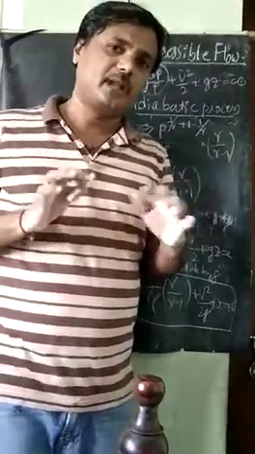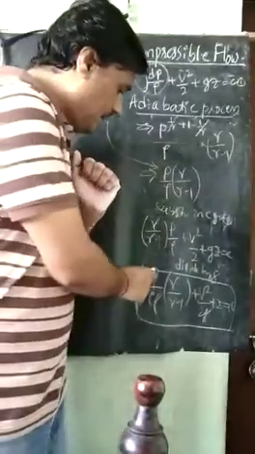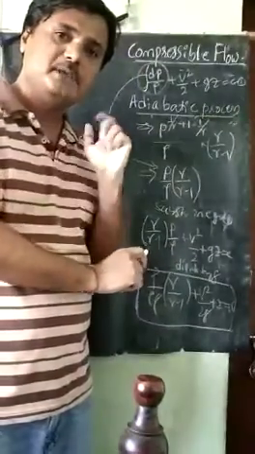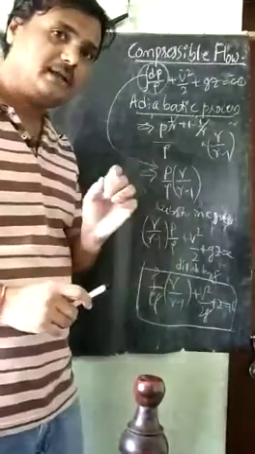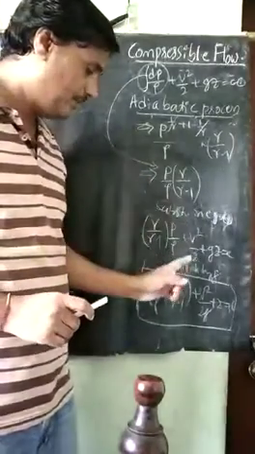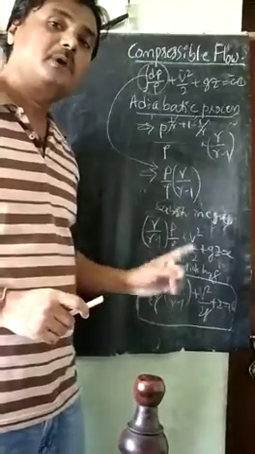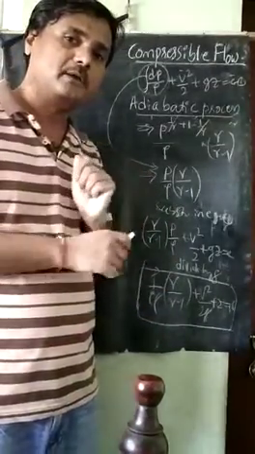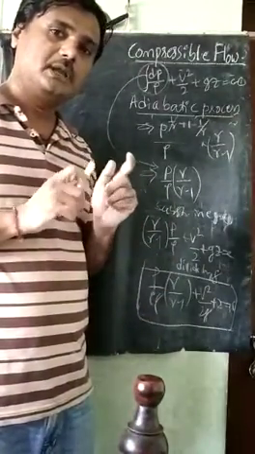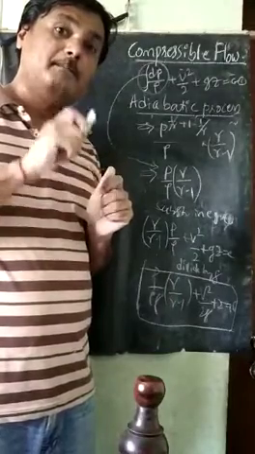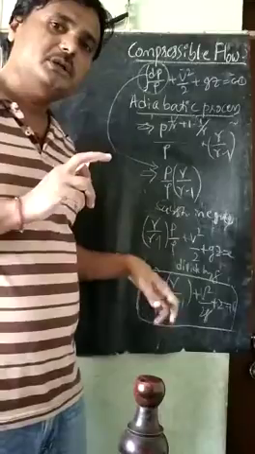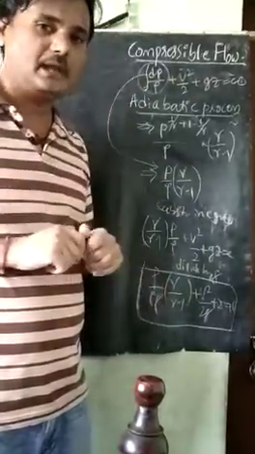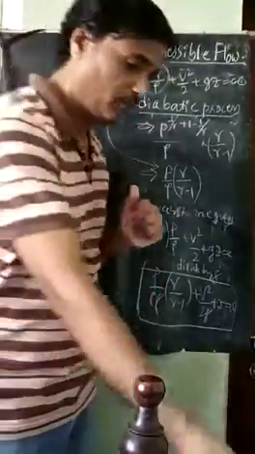What is the difference between adiabatic and isothermal here? P by rho g, P by rho g, in both cases it is the same. One multiplication factor is taking place here now. For the adiabatic process, gamma divided by gamma minus 1 will be multiplied with that P by rho g. But in the case of the isothermal process, it is P by rho, not P by rho g, and a ln of P will come in the case of the isothermal process.